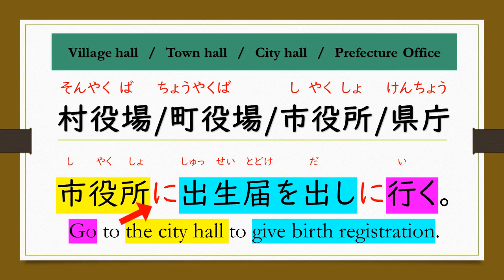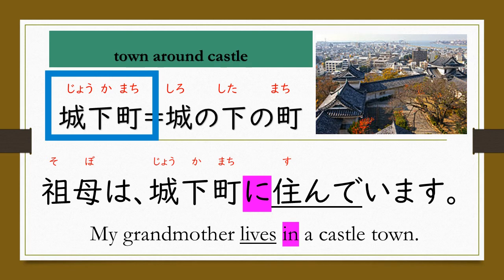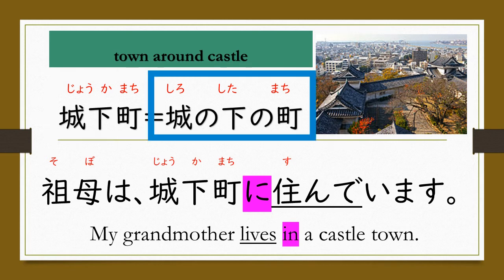The first に is the place to go, and the second に is to connect your purpose in this sentence. 市役所に出生届を出しに行く。